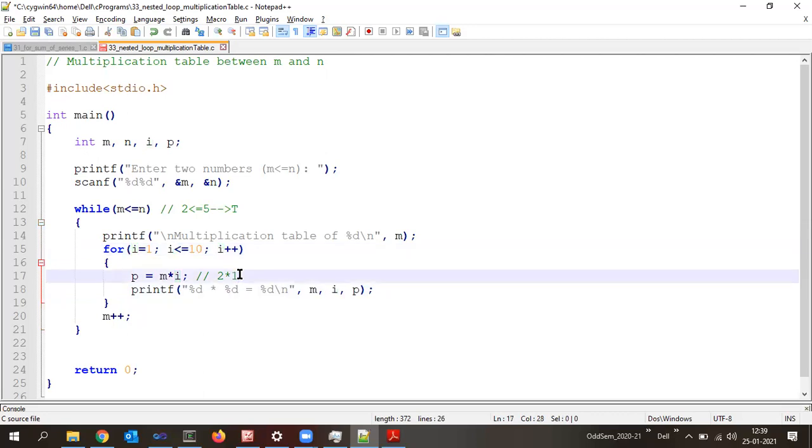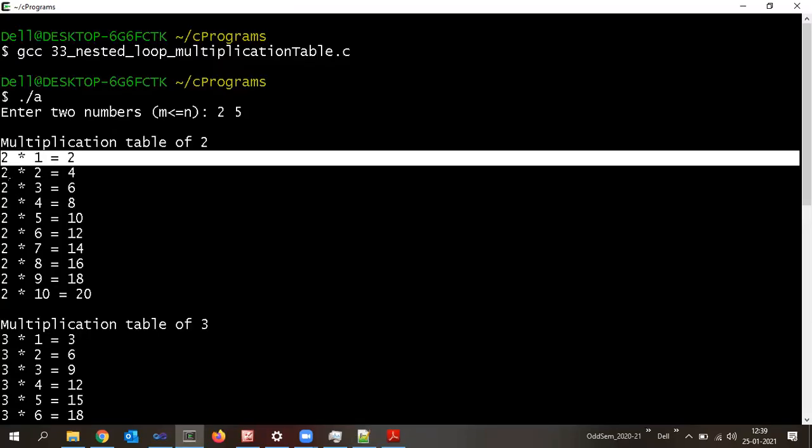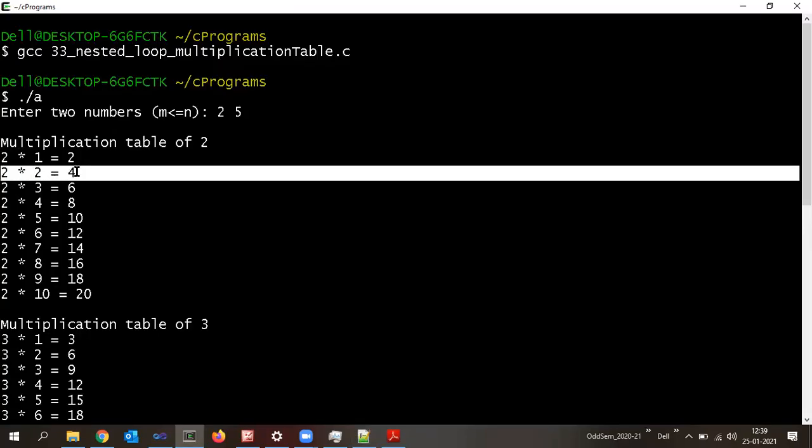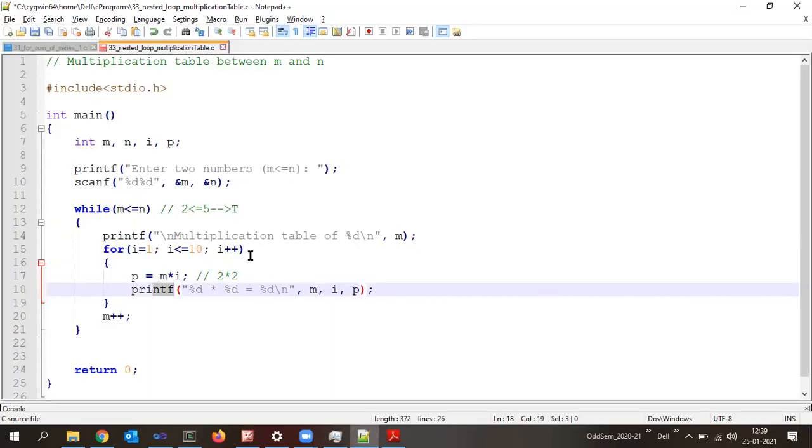True means here m into I, that is 2 into 2, gets calculated as 4. So the next time this printf is executed, we get 2 into 2 equals 4. Like this, it repeats. The inner for loop will repeat 10 times. That is, when I becomes 10, it prints 2 into 10 is equal to 20.